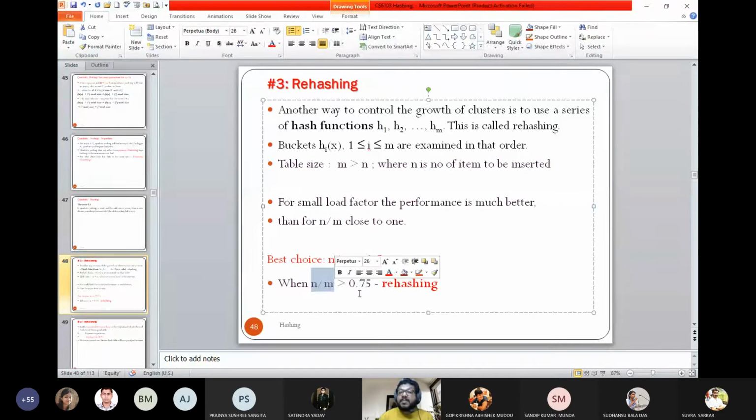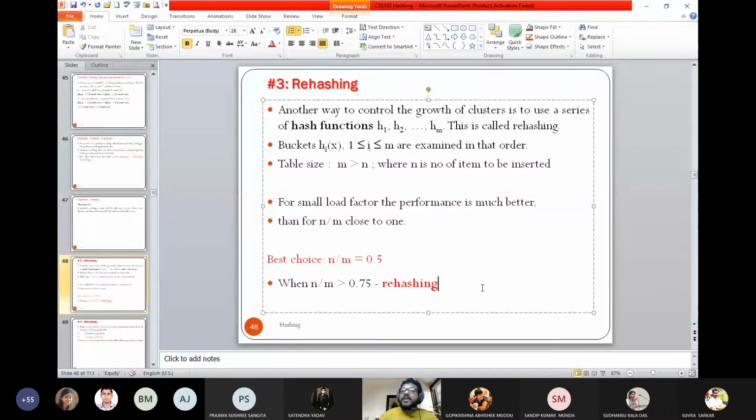We'll select a second hash function, and all the keys which are stored in the first hash table have to be stored in the second hash table. You may ask why I have stored 50 keys and suddenly decide to rehash them. The benefit is that when it is observed that the number of collisions and the clustering effect are more, retrieval will be costly, because if I'm storing with a number of collisions, my retrieval will be costly.